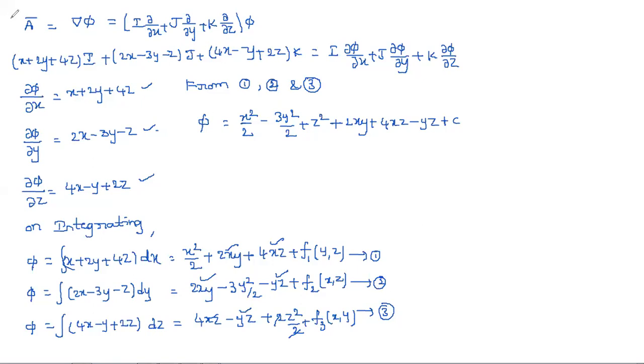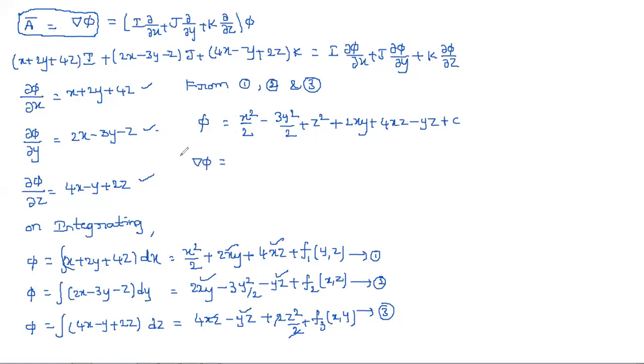So what we said here is A bar is equal to del phi. Whatever phi we are saying, that phi should satisfy this condition. It means if you find del phi for this, what you need to get? You need to get the vector A bar. This one has to come. Is it getting or not? Of course, in exam, no need to write this, it is just for knowing whether you got it right or not.